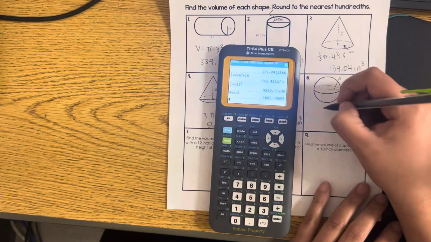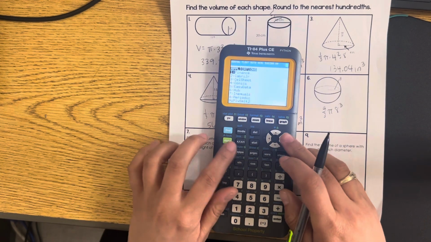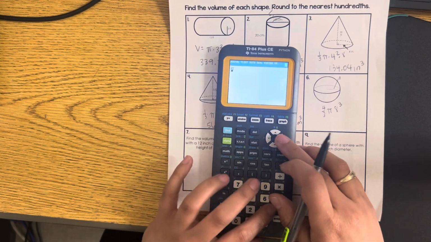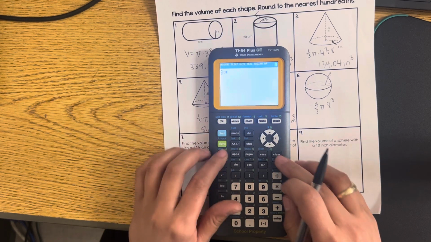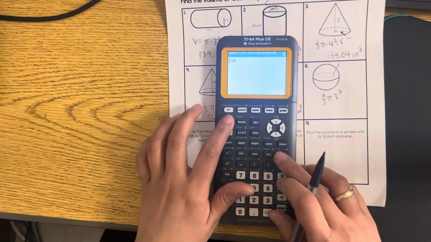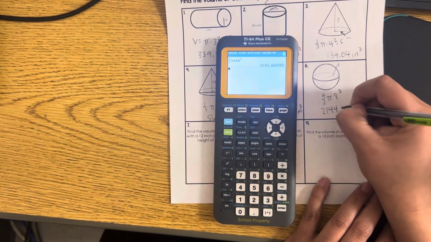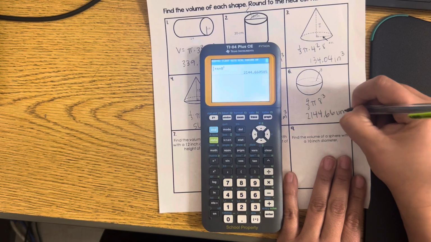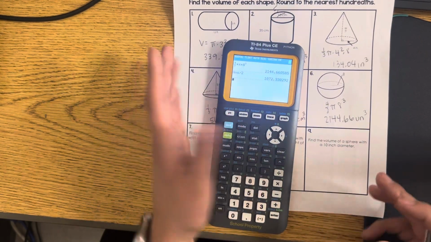The radius is already there, so we're just going to use 4/3 pi times 8 cubed. Okay, so my answer would be 2,144.66 units cubed. And again, if I had the hemisphere here, I would divide by 2 to get my final